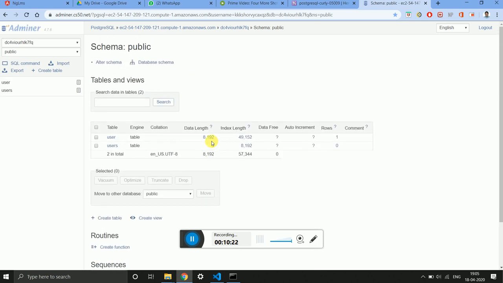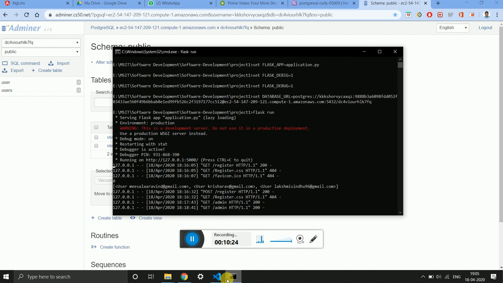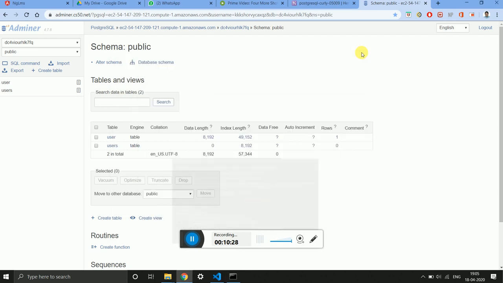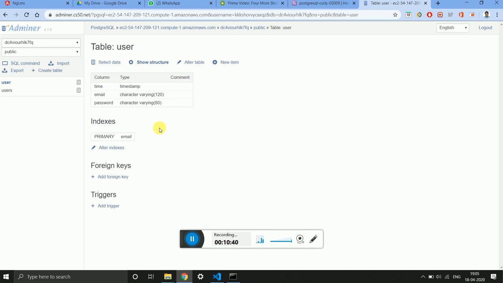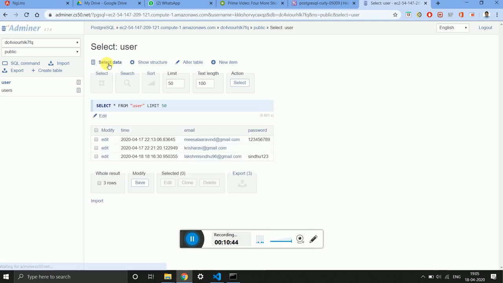Then once I run the Flask app here, the database user table has been created. And previously I have created this database. So I want to check the details in the database. I'll click on select data and check. Yeah, these are some of the attributes that I have given.